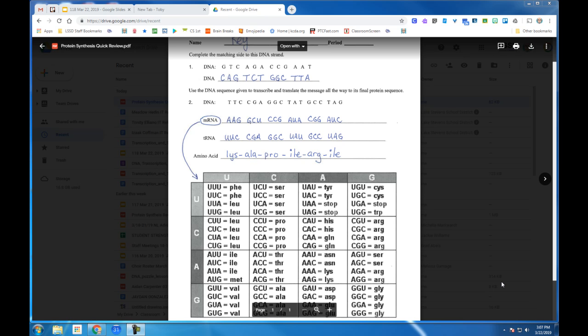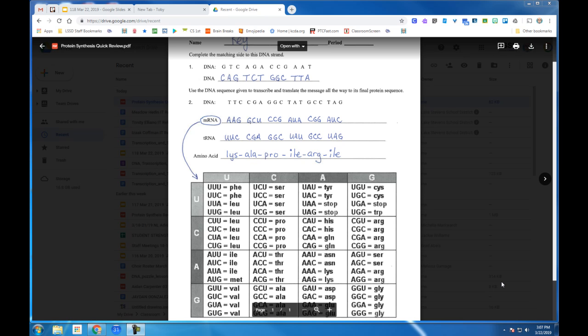Now the amino acid is gotten from the chart below, and that's a messenger RNA codon sheet. And that's why I drew an arrow from the messenger RNA line down to the chart below, because we use the messenger RNA 3-letter codons in the chart to find the amino acid. So I'm going to look for AAG. And I find it by going down to the A row, across to the A row, and look in that box and get a G, which is the LYS, or lysine. So if my first amino acid is LYS,